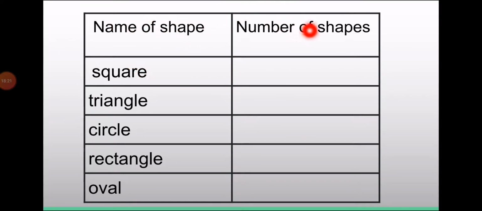You can divide it into 2 parts. One side, we will write the name of shapes, and on the other side, the number of shapes. Draw a center line, divide it into 2 parts, and then make a very nice column. You can also use a color pencil. Use a scale and color pencil and draw a very neat table